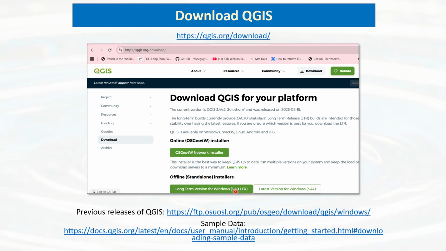For this program, as we will be installing the LTR, the long-term release 3.40. Current version is 3.40.12, and everyone is suggested to install it using the network installer. Even though you can have multiple versions of QGIS on the same desktop or laptop, better you uninstall all the older versions and use the current version